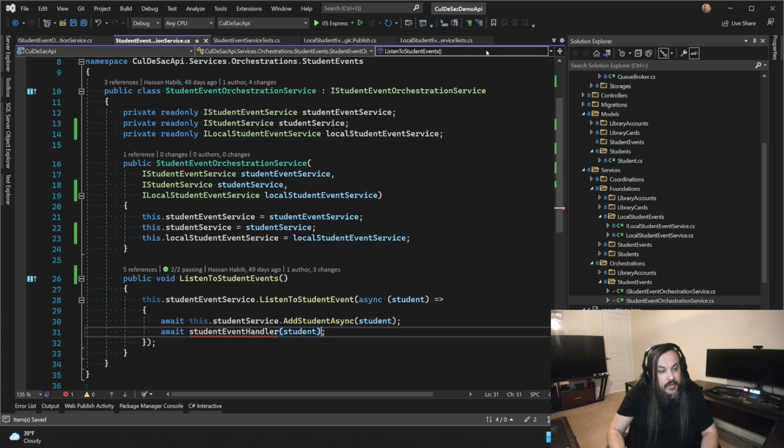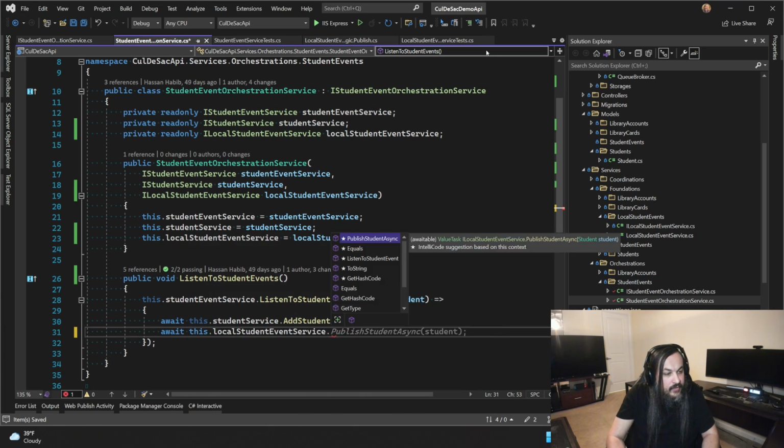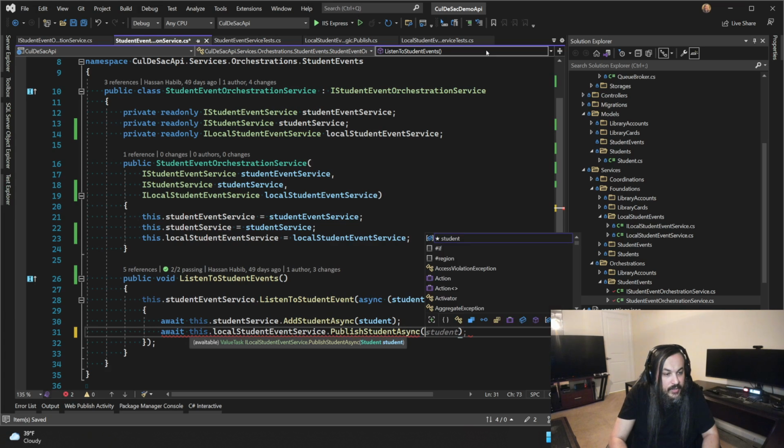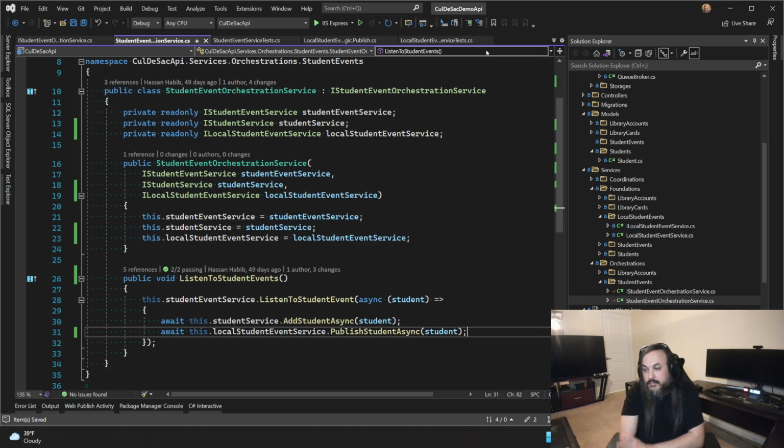So now all that you're doing is saying await this dot local student event service dot publish student async, and you're passing the student there. So we're just publishing that guy, and whoever is listening underneath that queue from the other side, let them do whatever they want. Okay, so that takes care of that part.